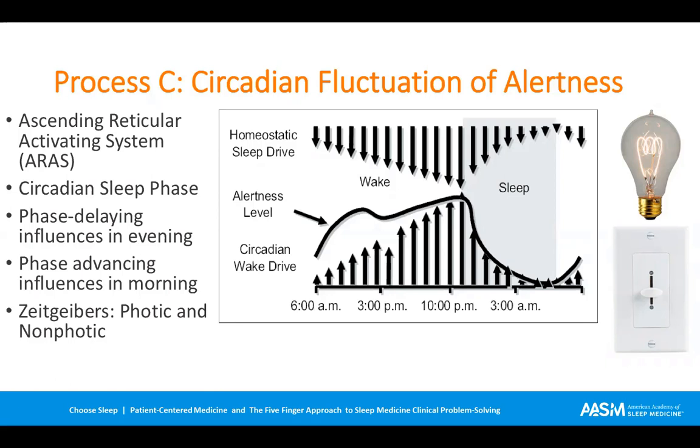Now, at the usual bedtime, the AAAS doesn't turn off like stadium lights suddenly shutting down. Instead, it goes around the buoy and it starts to dial itself down in the other direction. Again, it's like a dimmer switch starting to fade. As sleep pressure dissipates across the course of the sleeping interval, the AAAS continues towards its downward descent, and it reaches its low point about 2 hours before the usual rise time.